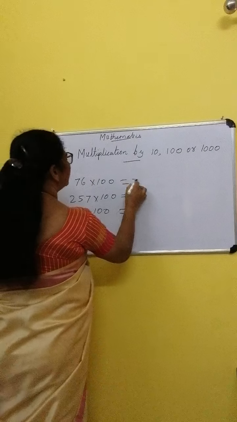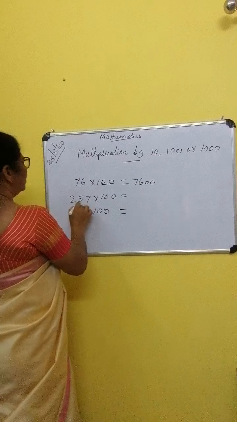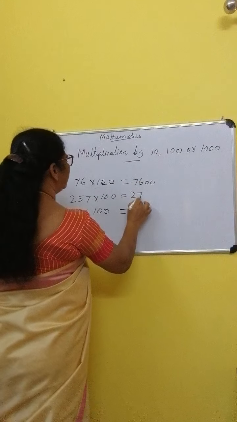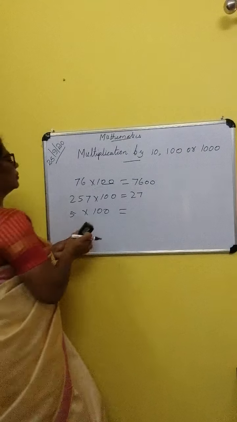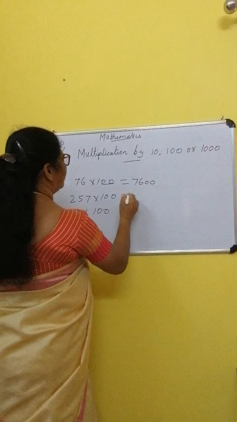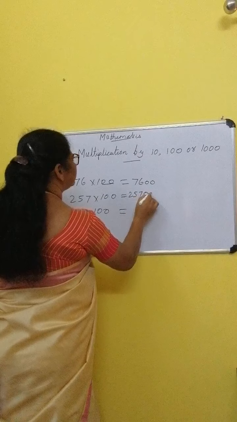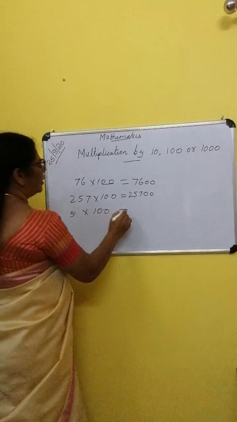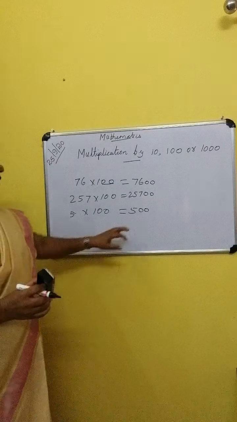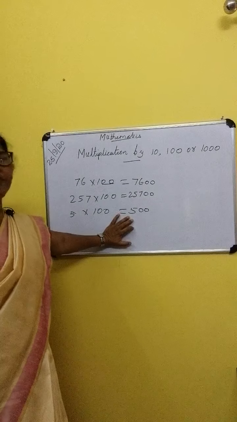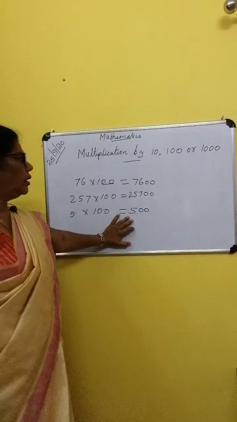Write this multiplicand first, 76, then 2 zeros. 257, right? 257, then 2 zeros. Here write 5, then 2 zeros. See, this is the way we get the answer when we multiply by 100. Understood? Then, how to get